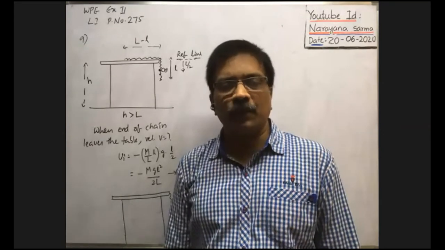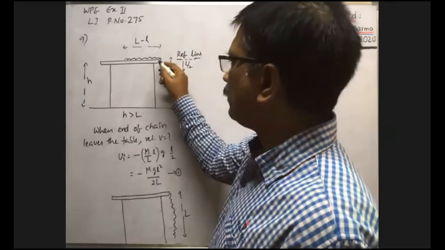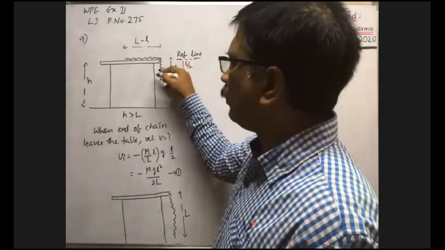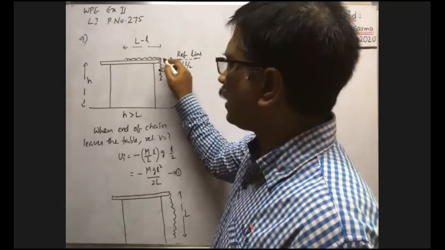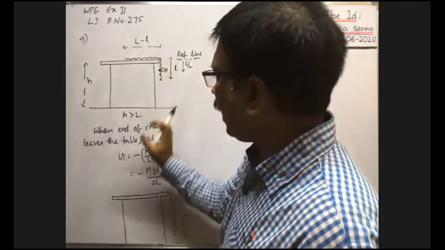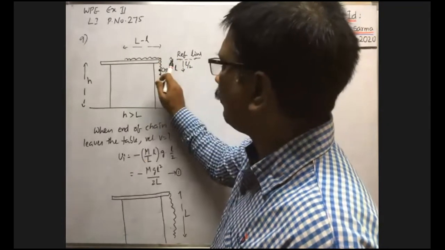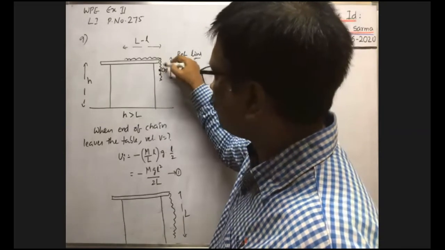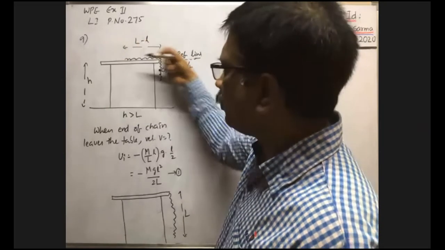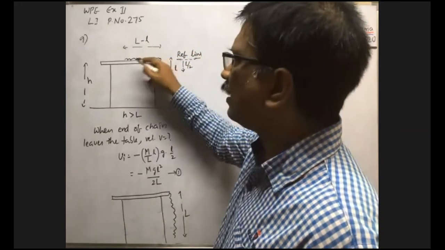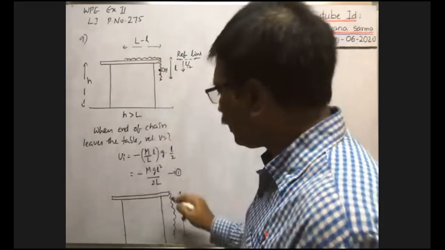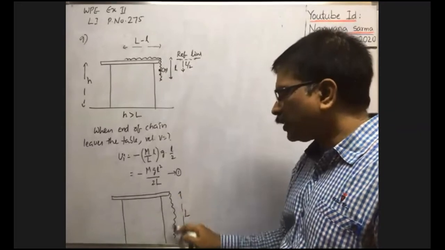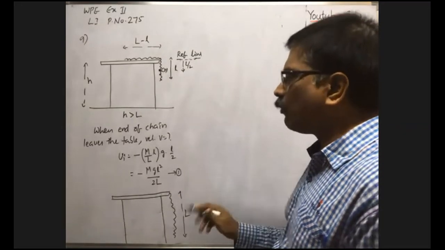Due to gravity, it comes down because the weight of this hanging part, or the gravitational force, acts on this hanging part. This gravity pulls the hanging part downwards. At the same time, whenever it is pulled down, by means of the chain the remaining part of the chain is pulled like this. As no friction is there, immediately it slides down, and before it leaves the table, the position of the chain is like this. At that time, what is the potential energy?